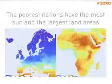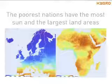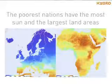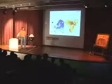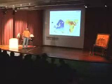And again, funny enough, the poorest nations have the most sun, and also the most area. In terms of the available area for solar concentrators, Africa has 80% of that area. So it's blessed with a massive resource. And of course, in North Africa, you have this Desertec project, which is a 550 billion euro project to create about 20% of the energy